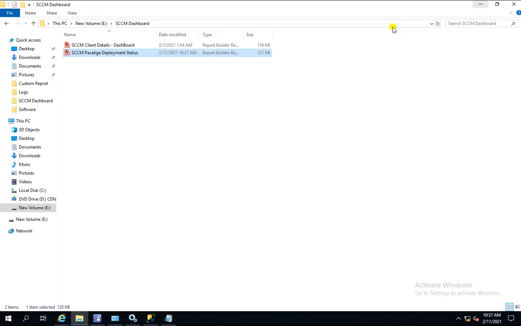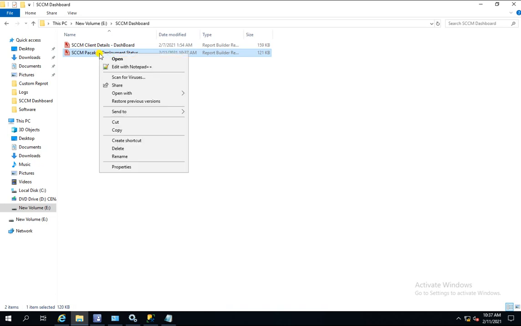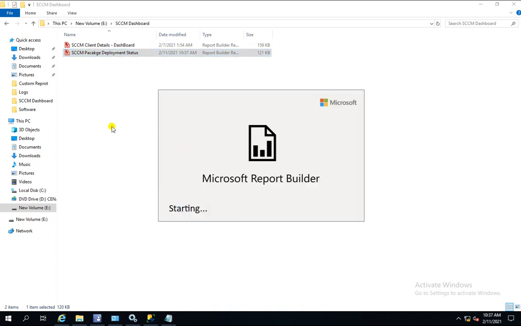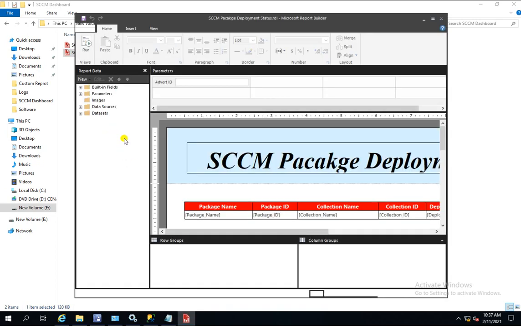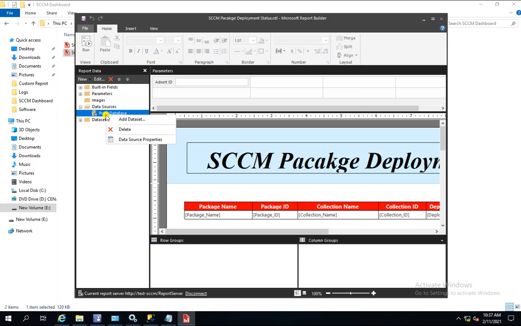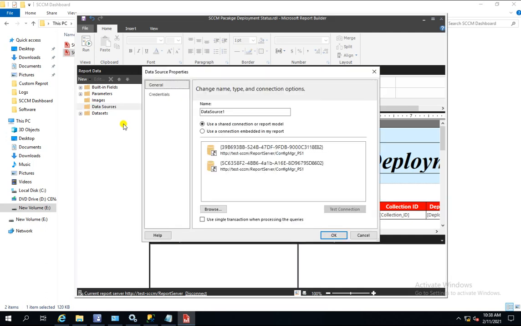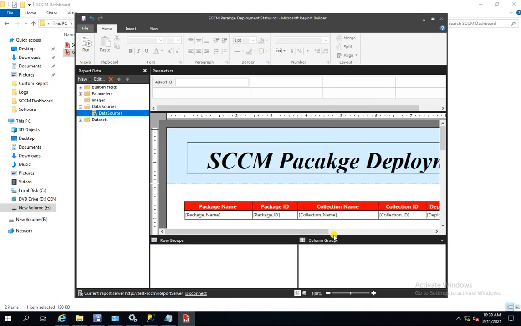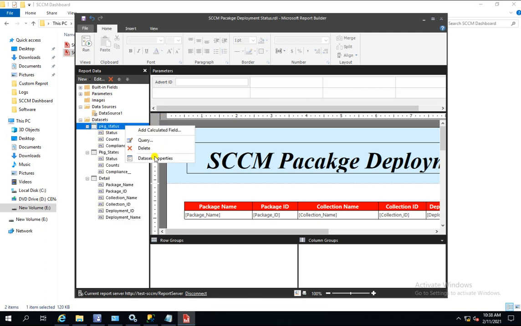You need to go to my site, download it, save it locally, and then double click to open. And as I showed in my last video, you need to delete this database, right click, and add your SCCM database, whatever you are using in your infra. The database name will obviously be different. Use this, and now go here.